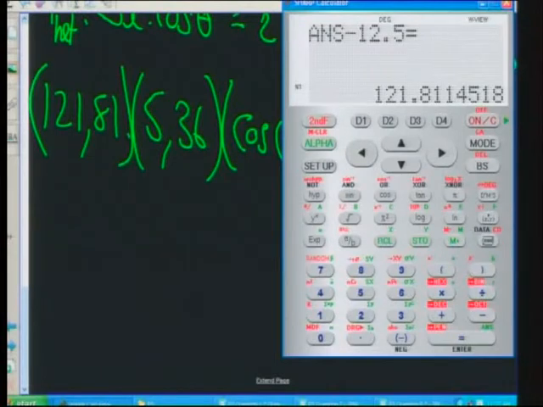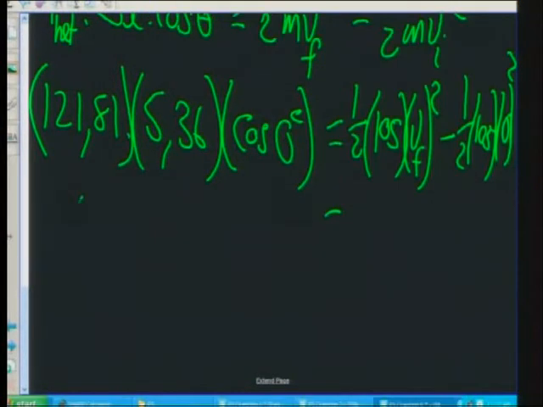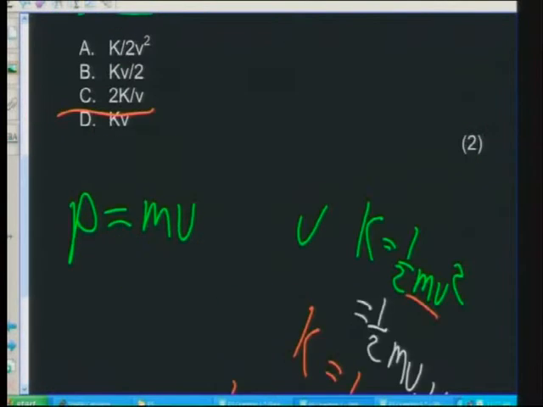We've got 120. Now let's multiply it by 5.36, and we get 652,91. 652,91 is equal to